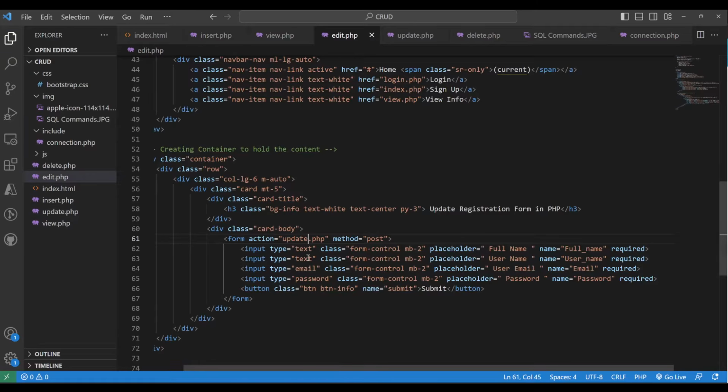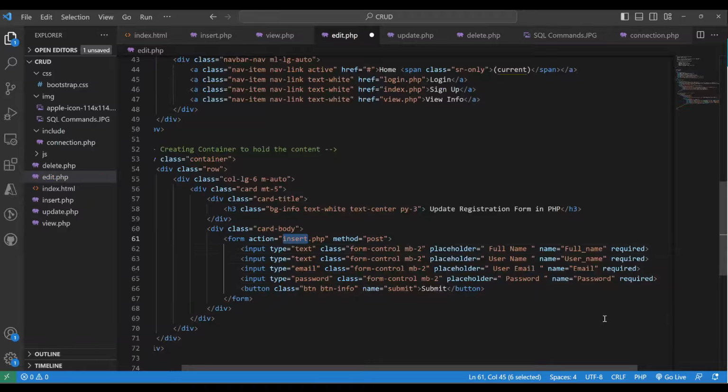So here we have the input text, full name, form control. Then instead of having a placeholder, we already have some records that we want to display. So that is the information in there. To override what is there, we would add the value attribute. Sorry, the value attribute. And what the value attribute is going to do is to